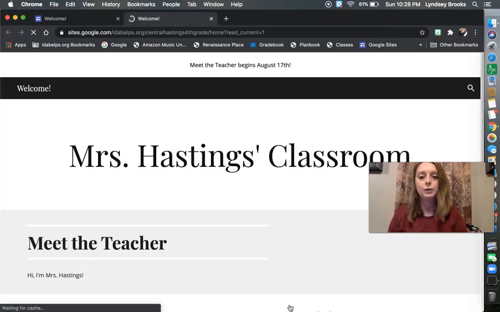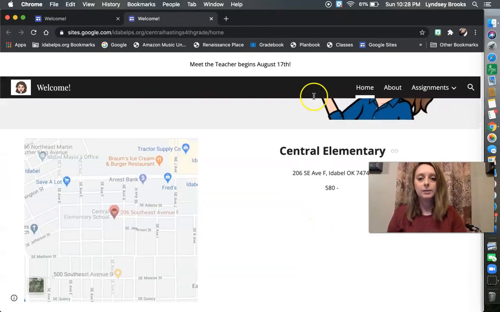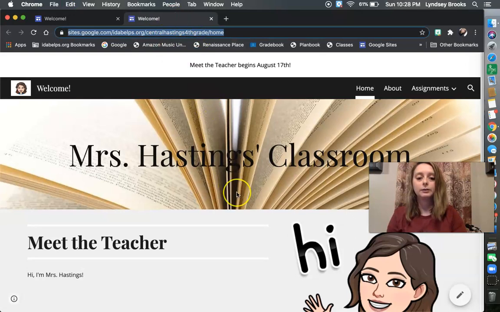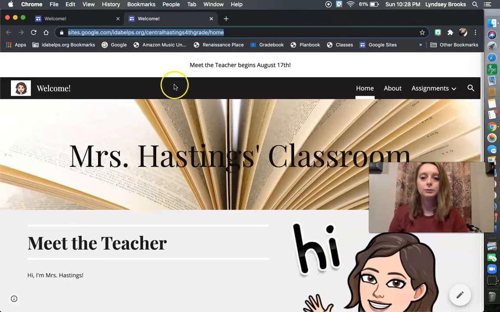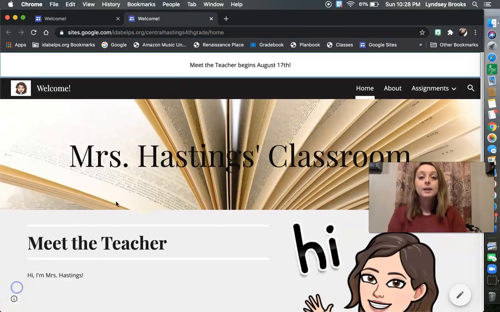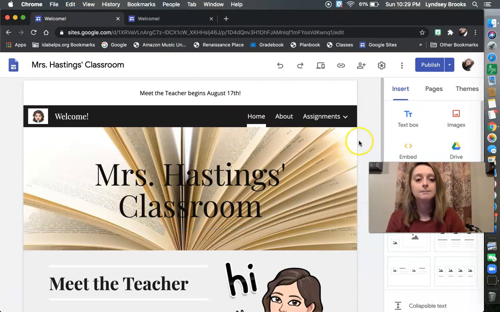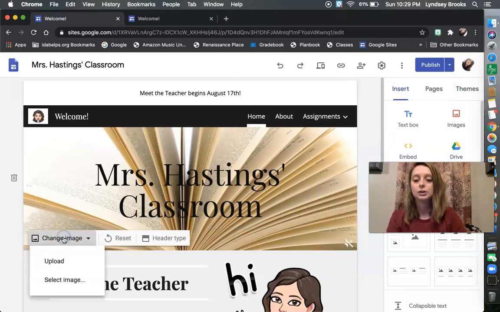Let's go ahead and view it. This is what everybody will see once they click. You copy this and post it somewhere for people to view. Now, once you do get it published, you may need to go back in and change a few things, so let's go back to where we were editing it. Here, it gives you some options, but let's go ahead and change something. So let's change our image